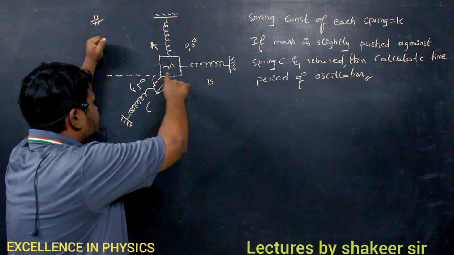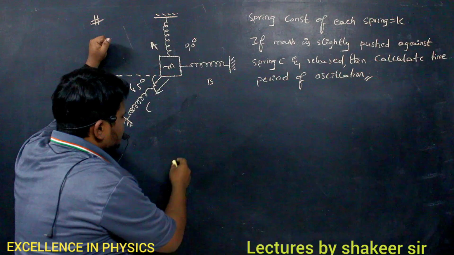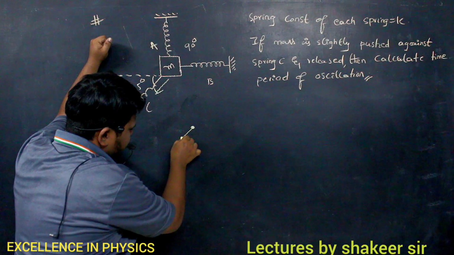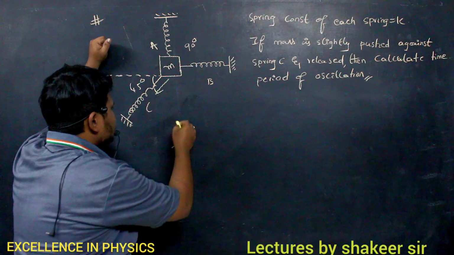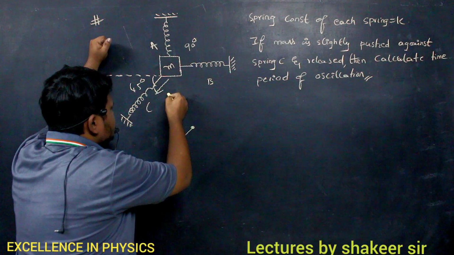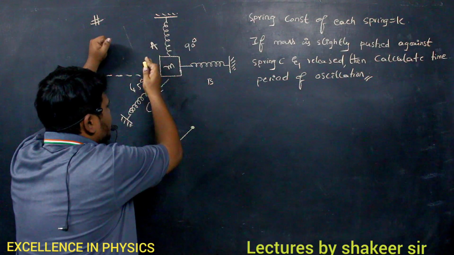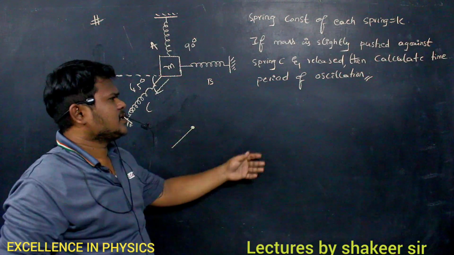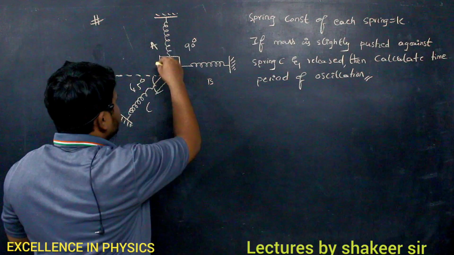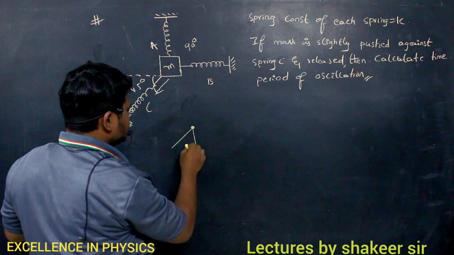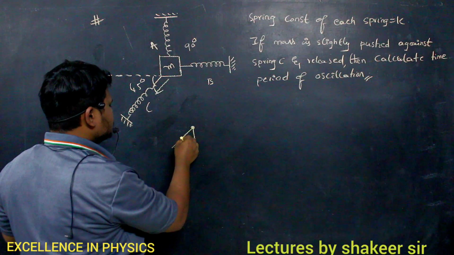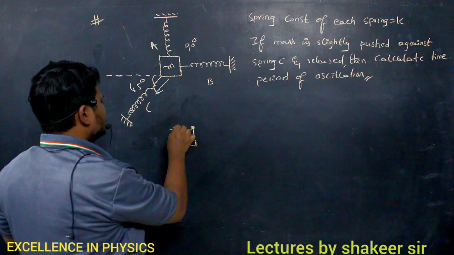If you take the system of A and C, this is the mass, and the mass is shifted in this direction by this much distance. If the mass is displaced in this direction, this spring should be displaced downwards. Actually, it will be displaced by a small angle theta, but we neglect angle theta because it is given that the mass is slightly pushed. So this spring will be displaced in this direction by a small distance. If this is the elongation or compression produced in spring C,